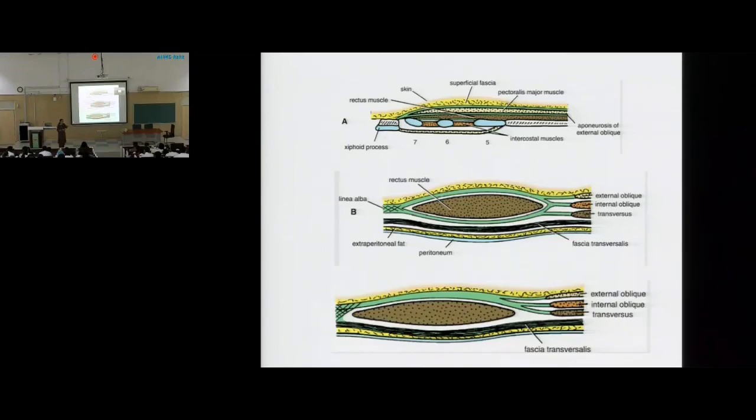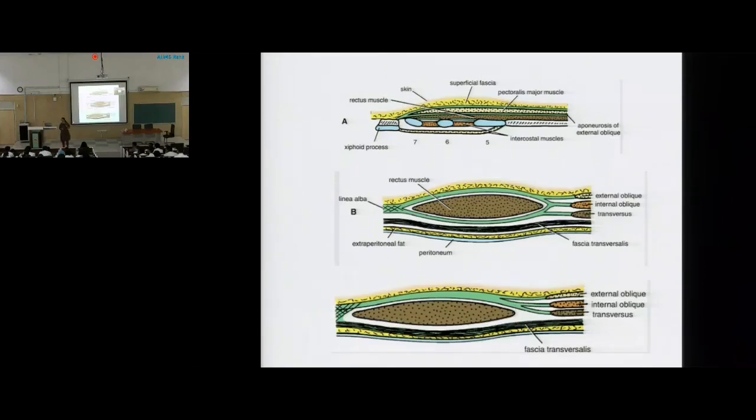Posteriorly. Let's talk about above the costal margin. Okay, above the costal margin, what will be in the posterior rectus sheath? Costal cartilages will be there, the 5th, 6th, 7th. And what will form the anterior wall? The external oblique aponeurosis. In the area between the costal margin and the line joining the anterior superior iliac spine, the internal oblique aponeurosis is going to split into two. So the anterior wall will be formed by the external oblique aponeurosis and the anterior layer of the internal oblique aponeurosis.